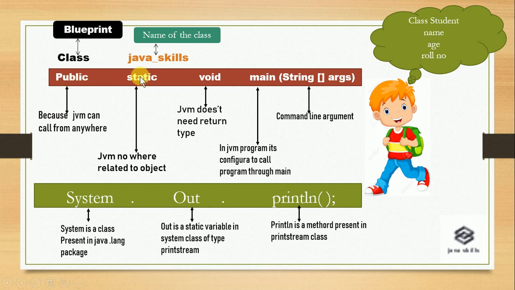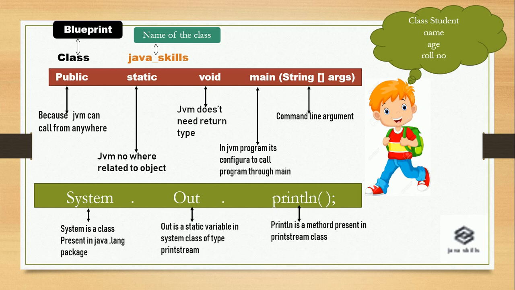And static, because the JVM is not related to objects. JVM does not need an object to execute a program. Void, because JVM does not need any return type. JVM does not need any return type. JVM does its duty